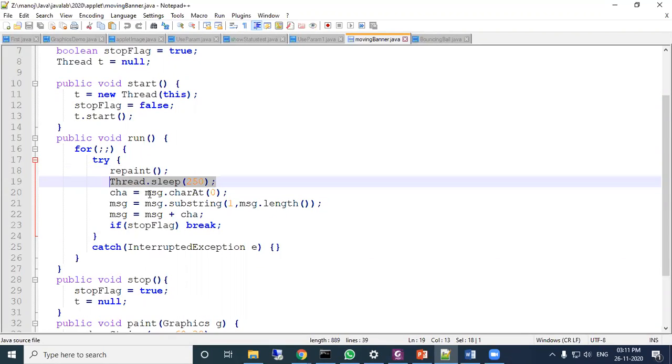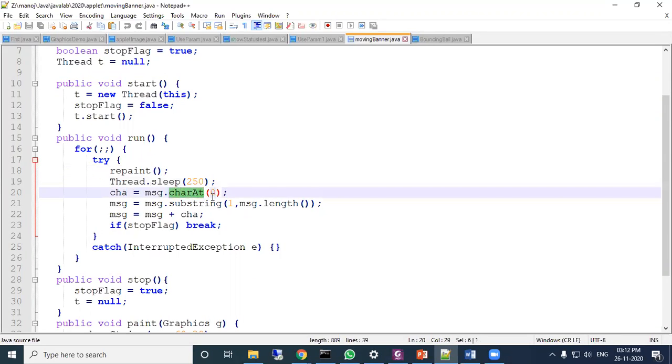Then CHA equal to MSG dot charAt(0). From the 0 position, it extracts one character and stores it in CHA. All these things we have discussed in our theory classes. charAt is a String method which extracts from this index position.